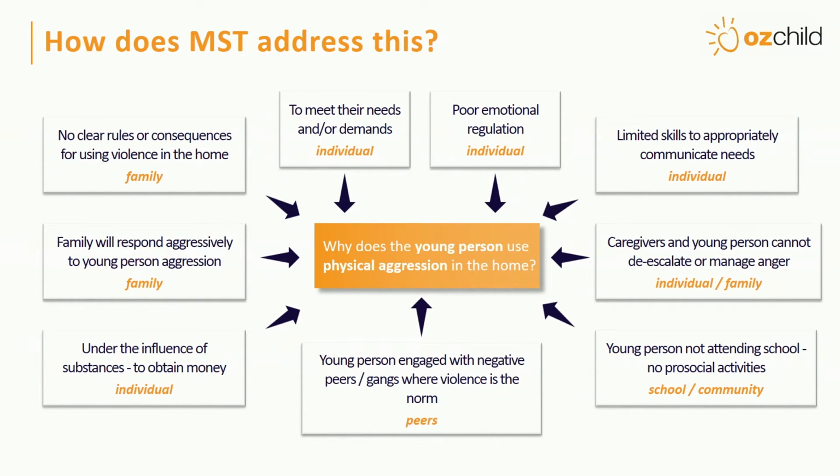We can phone a family of an evening and say, how's everything going? Are the rules being followed? If they're not being followed, are you following your safety plan? And we can follow up with the family, so we're constantly assessing the barriers and advances to those interventions and making changes if appropriate. If, for example, the caregivers and the young person cannot de-escalate or manage anger,